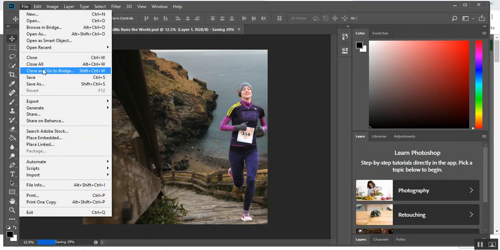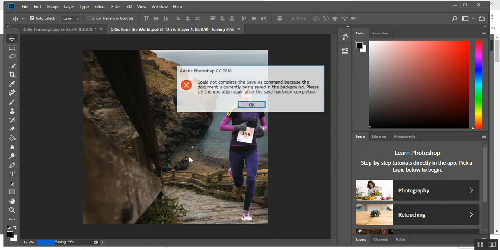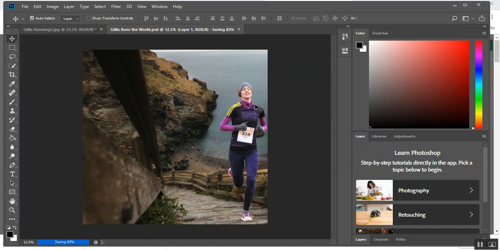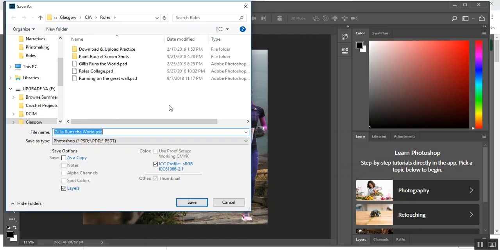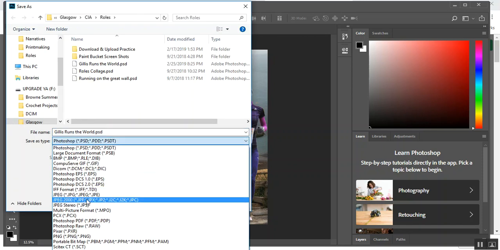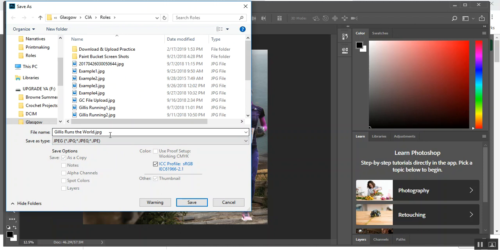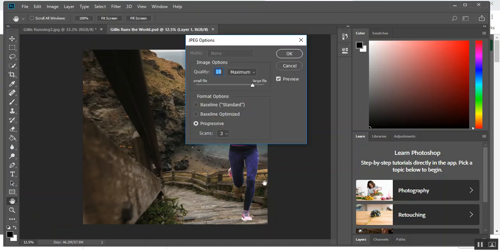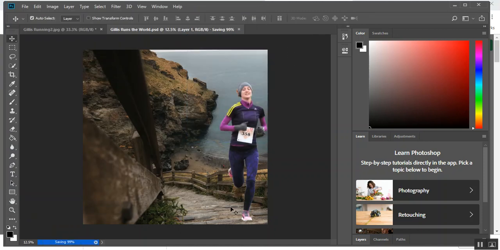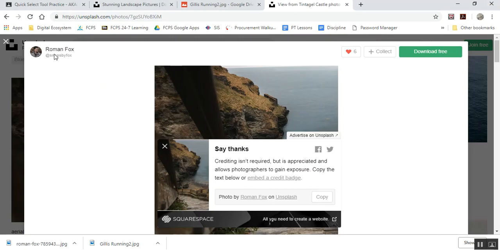And I also need to do a save as. And, oh, it's still working on the original save. You do need to be slow. If you notice, we have a little saving down here. I also need to save as a JPEG because the JPEG is what gets uploaded to Google Classroom. So now that it's done, File, Save As, select JPEG in the drop down here, Gillis Runs the World, click Save, always press OK to whatever it wants, and then back in Google Classroom,